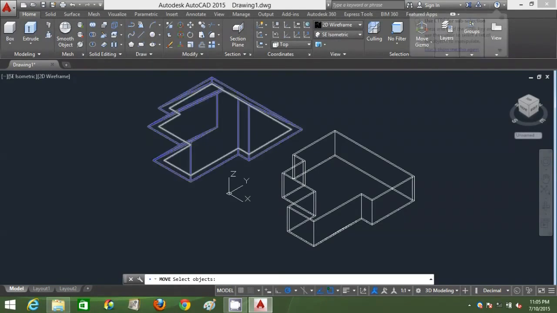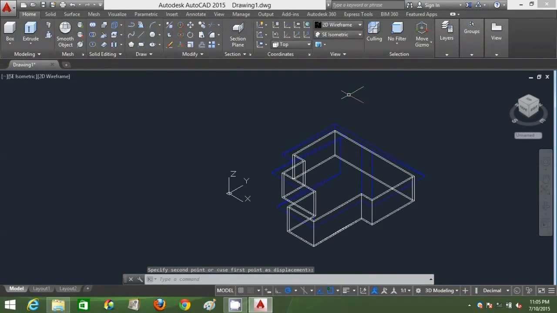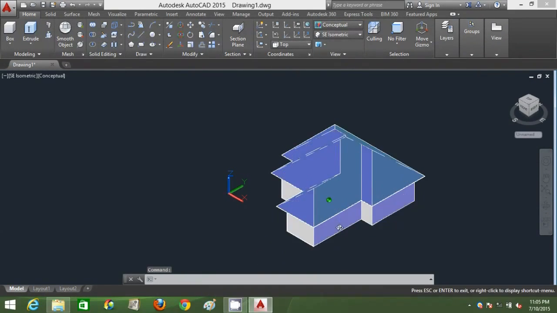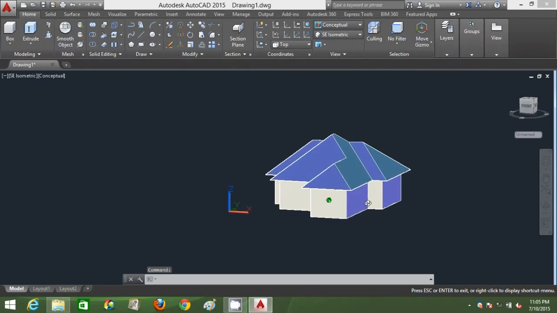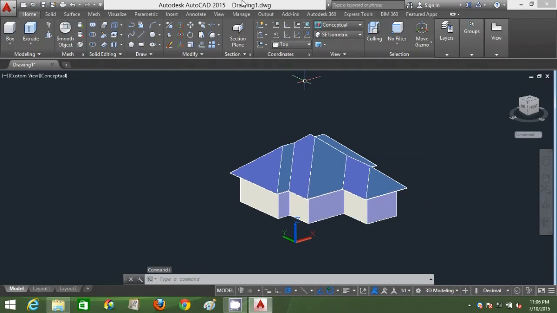So I click move, select the rooftop, press enter, and click on the base point and click on the displacement point like that, and go back to conceptual to see the shaded view, see whether everything is okay or not. So I'm 3D orbiting my 3D house by holding on my shift key and my mouse scroll and dragging